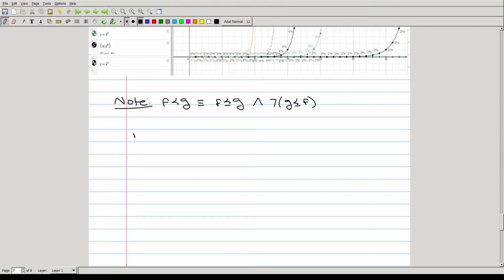So remember that f dominates g is the expression for the mathematical statement that there exists a k and a c such that for all x greater than k, absolute value f of x is less than or equal to c times absolute value of g of x,